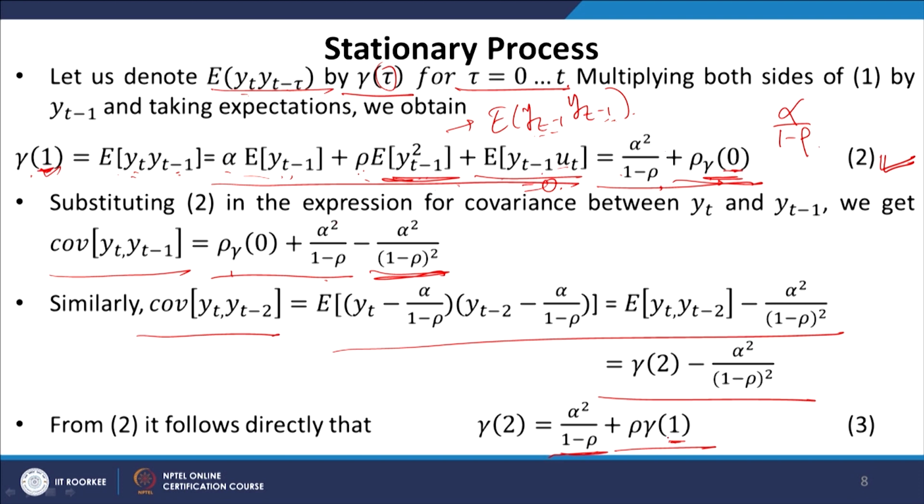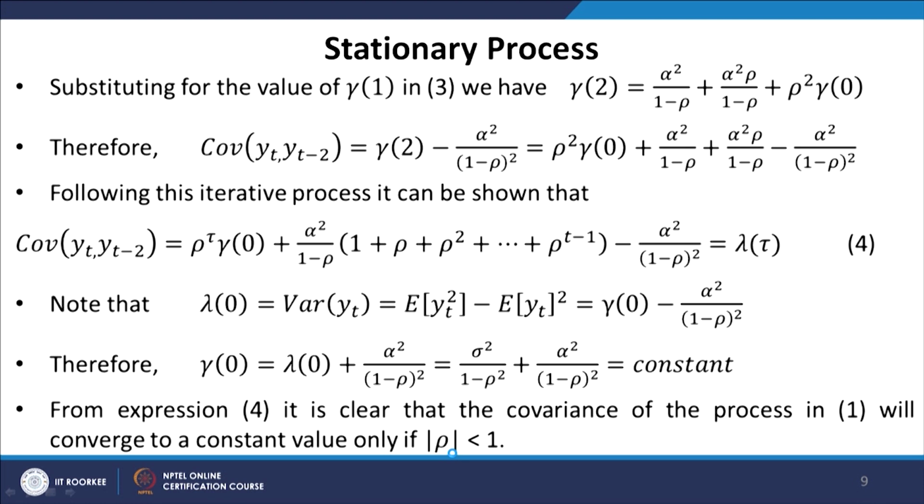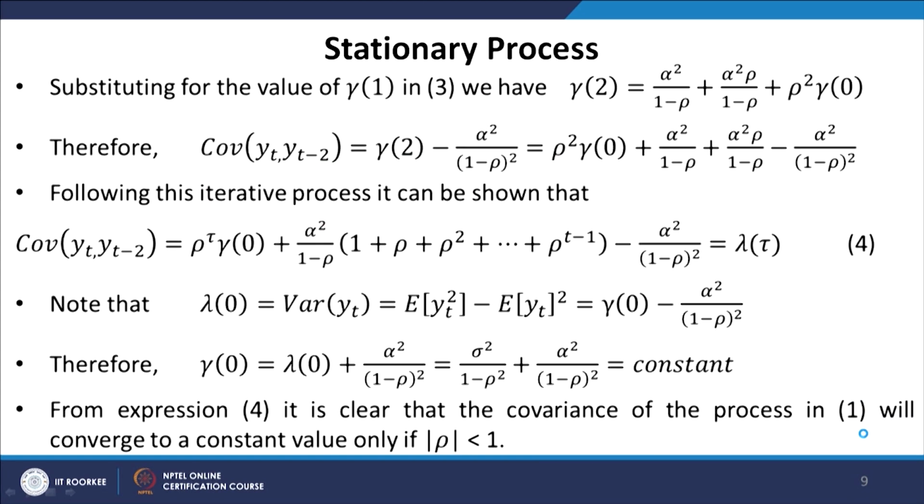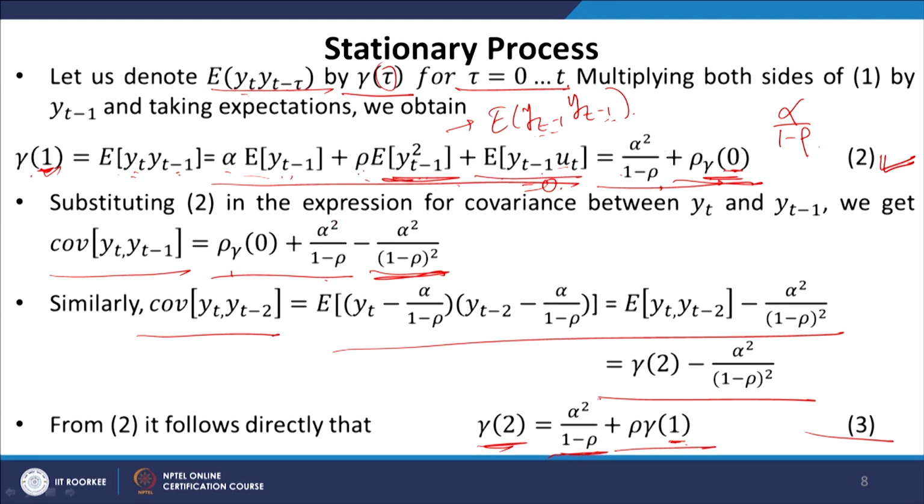So, here I have gamma 1 because this is 1 less than the one that I have on the left hand side. So, substituting the value of gamma 1 in 3, this is my expression 3, we have gamma 2 equal to alpha square divided by 1 minus rho plus alpha square rho divided by 1 minus rho plus rho square gamma 0. Therefore, covariance between yt and yt minus 2, which was gamma 2 minus this,